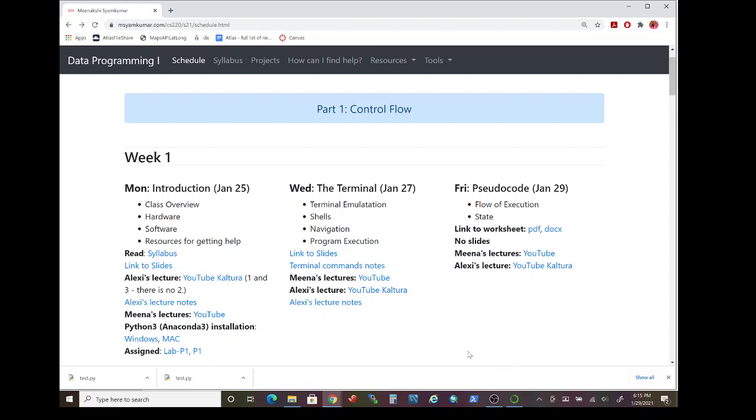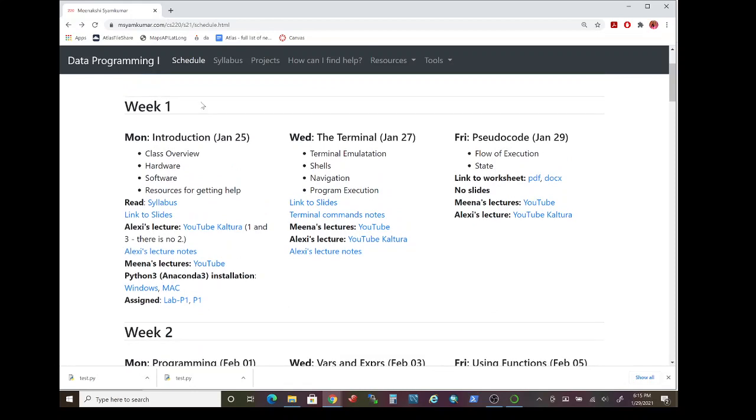Go to the course website schedule page and find the Introduction Lecture entry. You'll notice that the Lab P1 and P1 links have been released as part of the introduction lecture entry. I'd like to reiterate that all of you should be working on the Project P1 version from the current semester, which is the Spring 2021 semester. If you're working on an older semester version of P1, you'll be turning in the wrong code for Project P1.